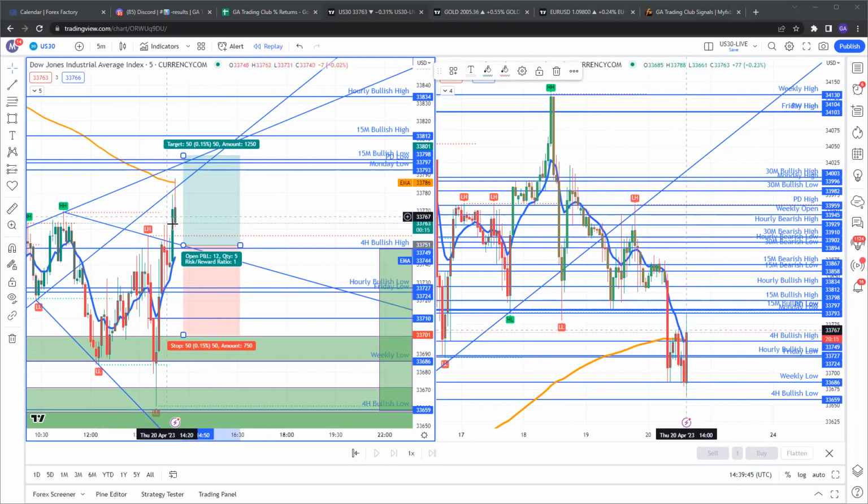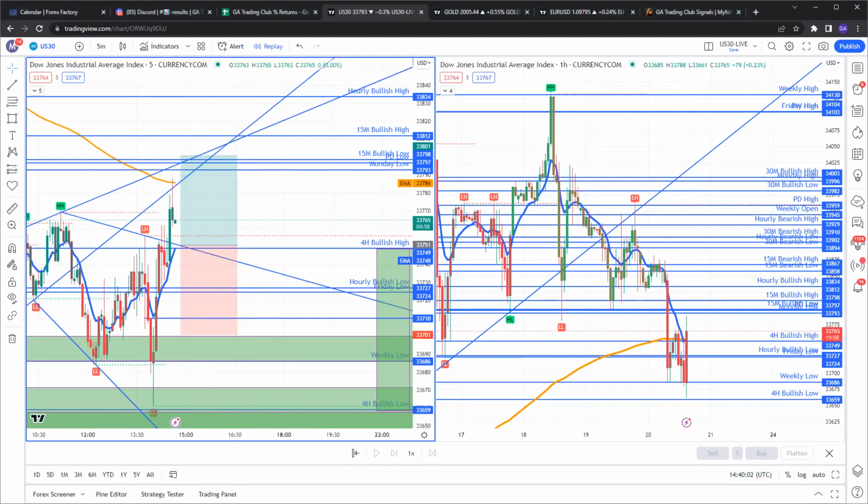But if you guys still have time on the charts, do not enter on impulse. Always wait for the closure of the candle, because this candle can come up. So remember, we still have a death cross on the hourly. So this candle can come up and engulf all these candles and close as a strong bearish candle. But for me, because I don't have that time, I will just enter a pending buy order